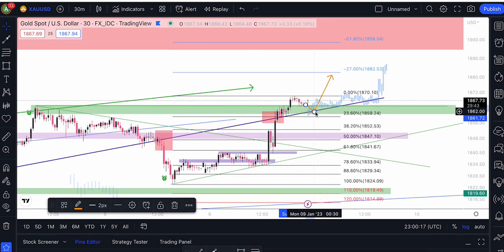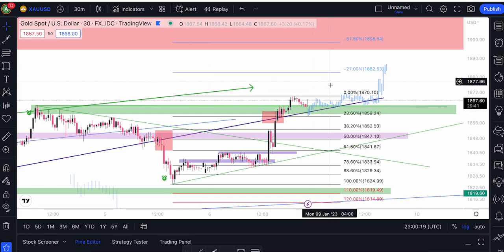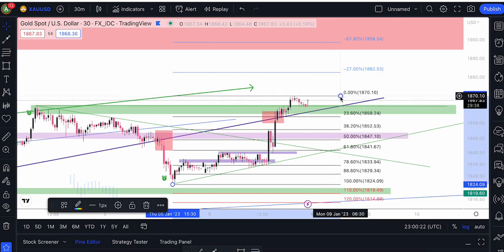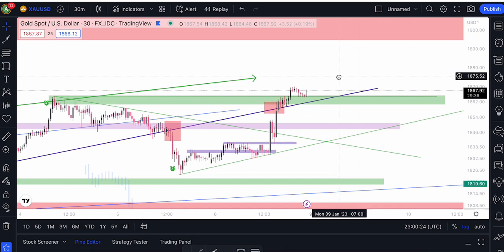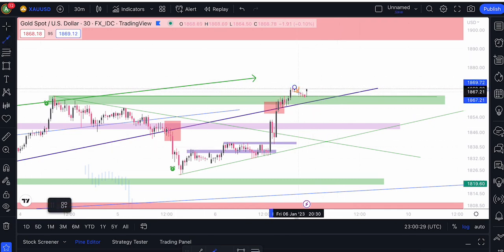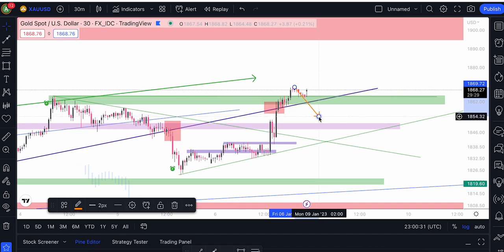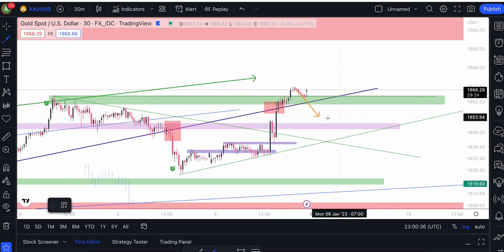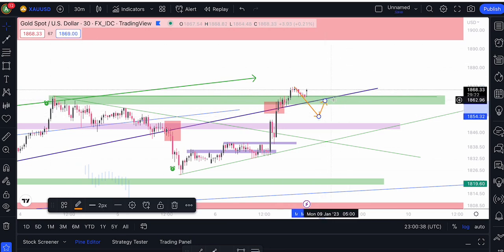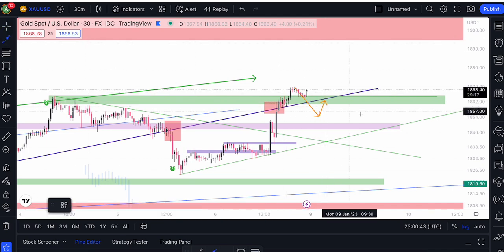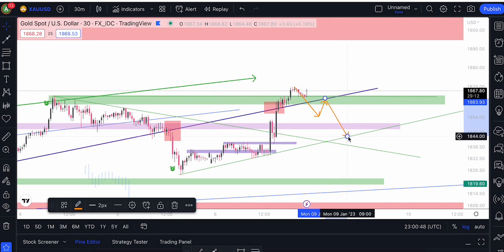Next, the other side that can happen is this. Let me delete this. So what else can happen is price can also break through this purple trend line again. So we see something like this, break, and then it comes back to retest this purple trend line and this green zone. And then that's when we'll get in for a sale and take it down to this purple trend line or this green trend line right here. If this happens,